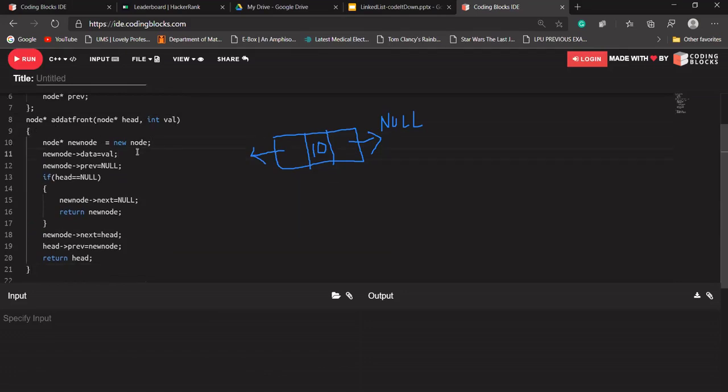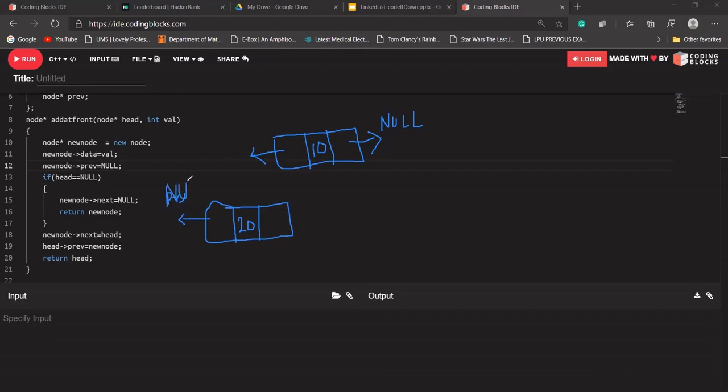Its data part value 20 will be stored, and its previous part should always point to a null value.